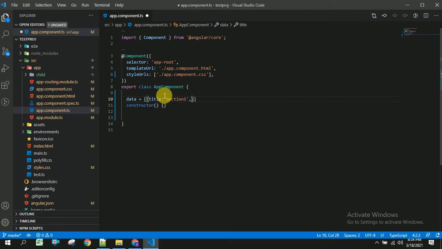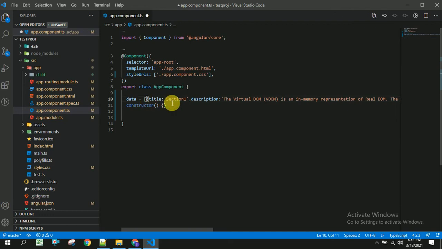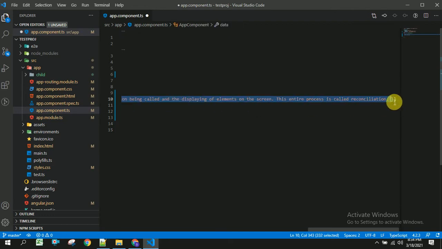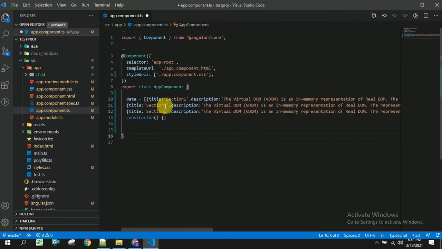You can get this dynamically from your API, or you can have some JSON file to get that. And the description I have copied from somewhere and placed it here. I am copying the same thing. I will change these sections. This is section 2 and this is section 3.